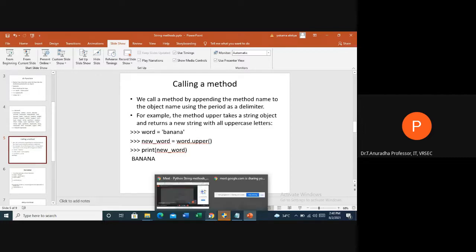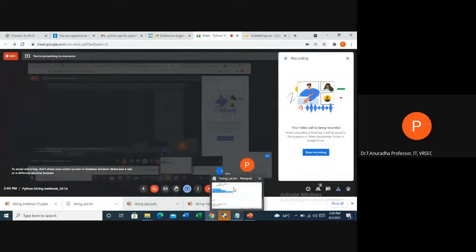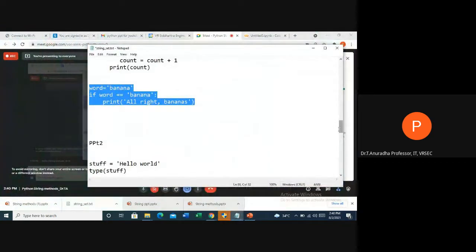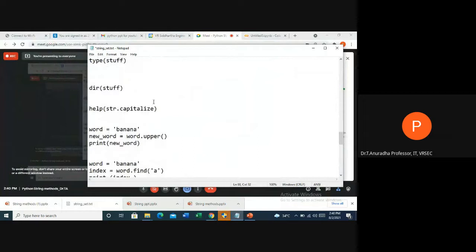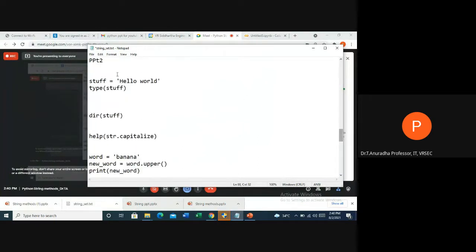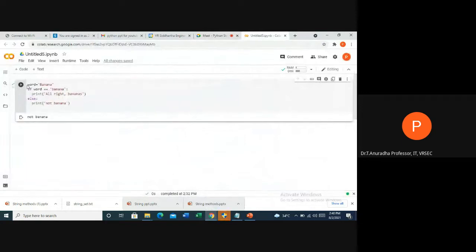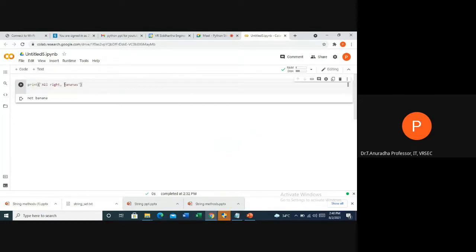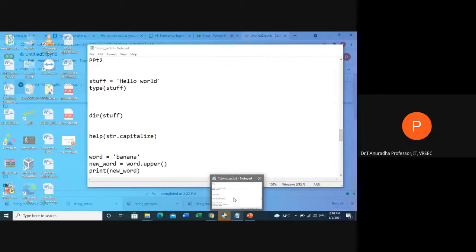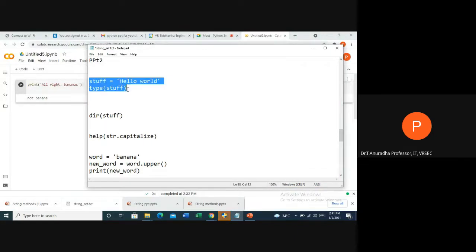Now we'll see this in Google Colab. First we'll see the type function. I'm sorry, this is not correctly copied, just wait.